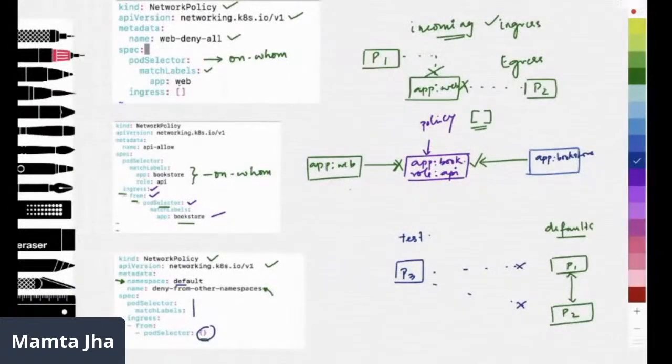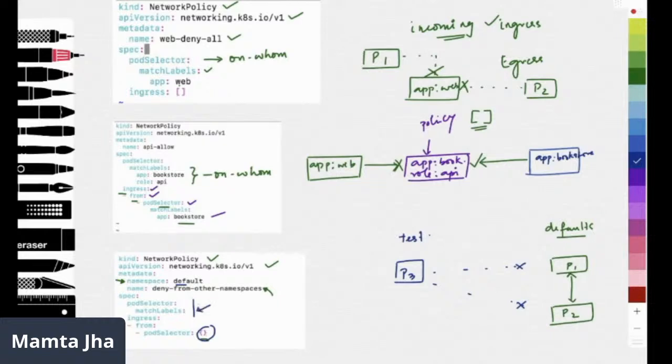So with this, we understand that when I want to accept a packet from a specific namespace, any pod in that namespace, I can create a rule like this. This rule is applicable to any pod communication, but only within the default namespace. It's applicable to P1 also, it's applicable to P2 also.